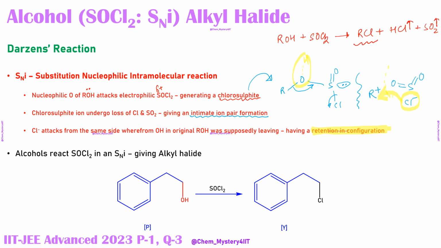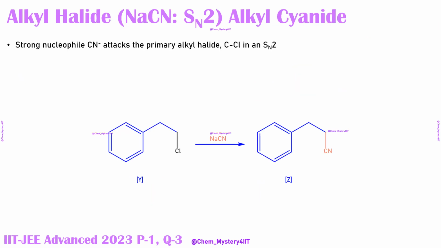Moving on, we have said here alcohols are reacting with SOCl2 in an SNi fashion. This is giving us alkyl halide as the final product. We have written this compound as Y being formed in this final sequence. Now this Y is being attacked in the next step with sodium cyanide. That is a purely SN2 reaction, because cyanide is actually a very strong nucleophile, and carbon being sp hybridized in cyanide, there is not very much risk of elimination. With a 1-degree alkyl halide, or even 2-degree, it can be quite safely used in this SN2 fashion, and we get the alkyl cyanide formed.